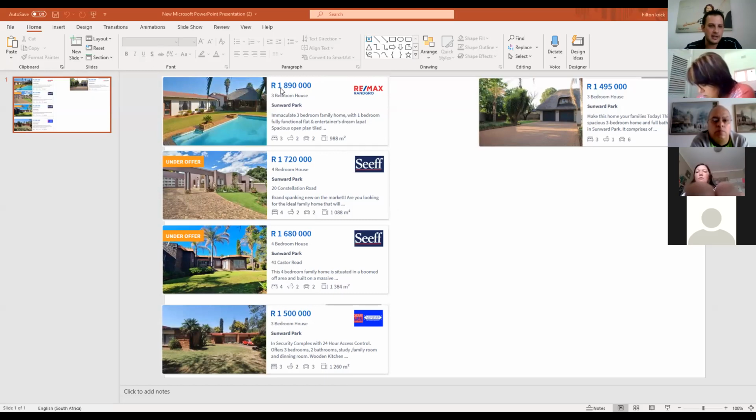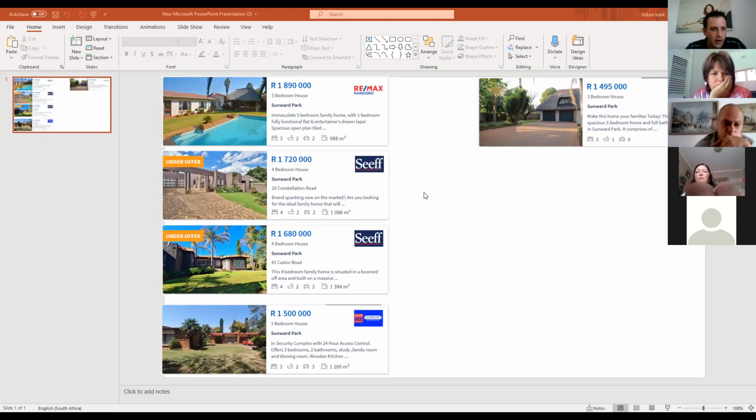And I go, right, Mr. Seller, we've had a look at all these properties and I have listed them from the most expensive one to the cheapest one. We've all had a look at the same type of property, at different price ranges: from just under 1.5 to 1.5, between 1.6 and 1.7, from 1.7 to 1.8, and from 1.8 to 1.9. Based on what we've looked at, where do you think you need to be positioned in order to be competitive?